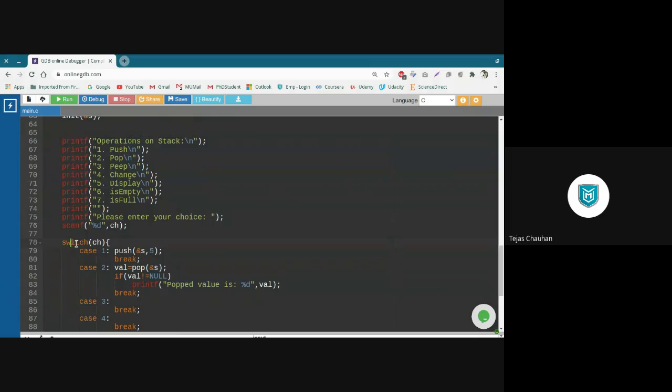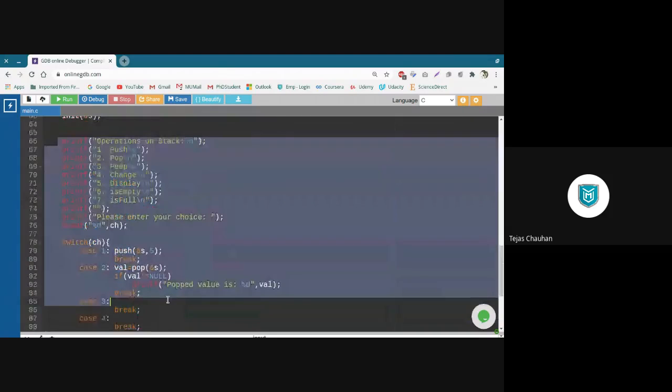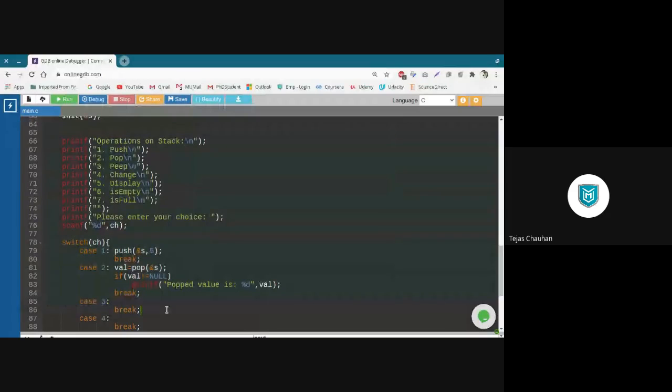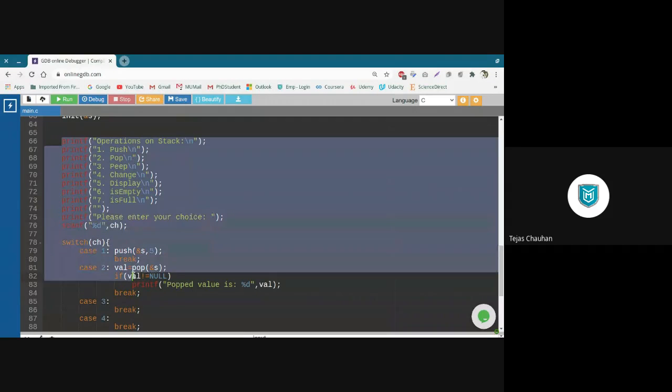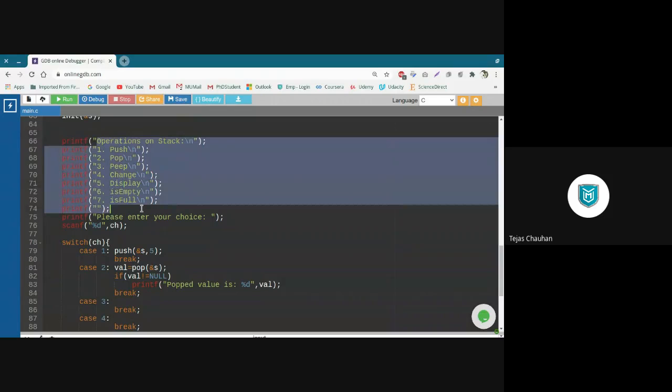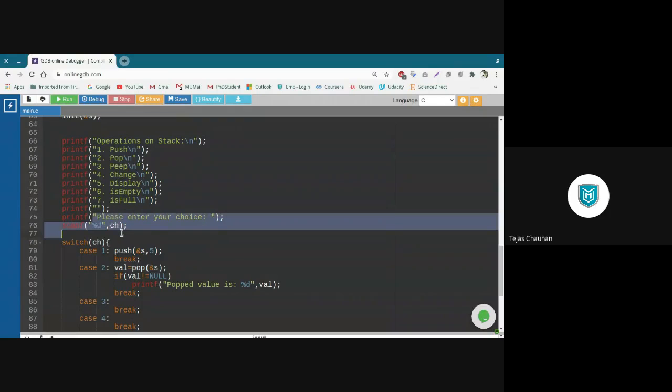But still, this code is going to be executed once. But what I want is to repeat this choice-based execution. Once this code is executed, the same code should run again. I want to print this menu again so that the user can give another choice and call the appropriate function.